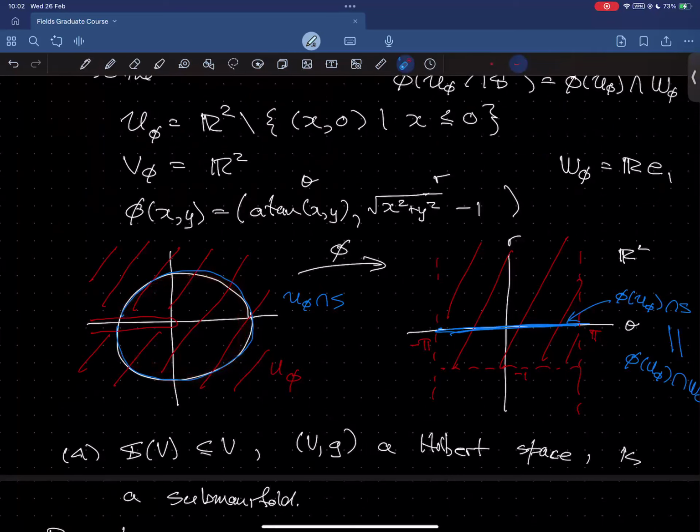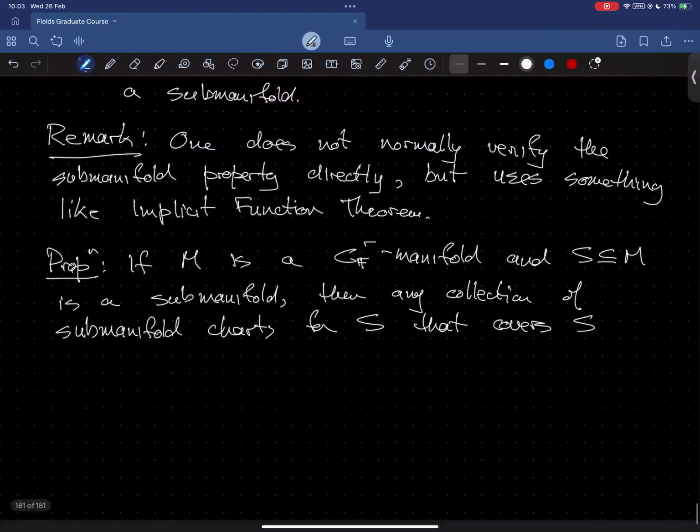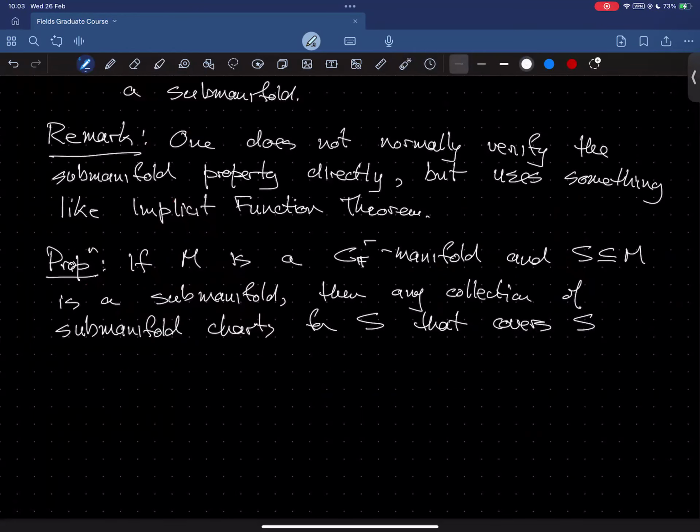S. So what we'd have to do in this example is make another submanifold chart, where we had to omit this point on the circle. So we would choose a rotated version of polar coordinates, which would exclude this point on the circle, and that way you would have two submanifold charts that covered S. Generally speaking, we know that around every point we can find a submanifold chart. So we're just going to assume that we can cover S with submanifold charts. And I'm just saying that if you take any collection of submanifold charts that covers S,